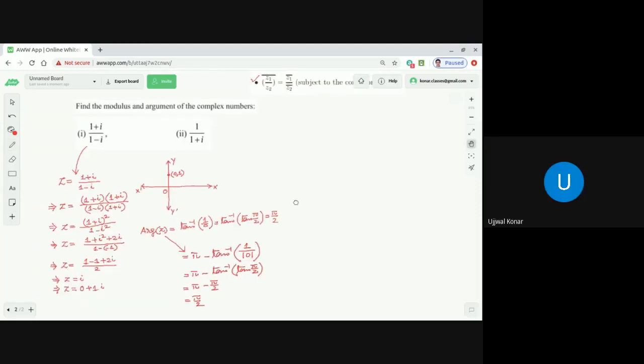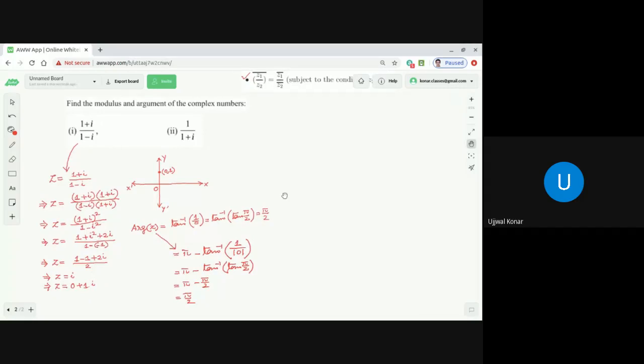Yes. So this is what is called a very clear understanding about a topic. Absolute clear understanding, no compromise. If it is in the first quadrant, tan inverse of B by A. If it is in the second quadrant, pi minus tan inverse of B by mod A. If it is in the third quadrant, that is minus pi plus tan inverse of mod B by mod A. If it is in the fourth quadrant, that is minus of tan inverse of mod B by A. Done.